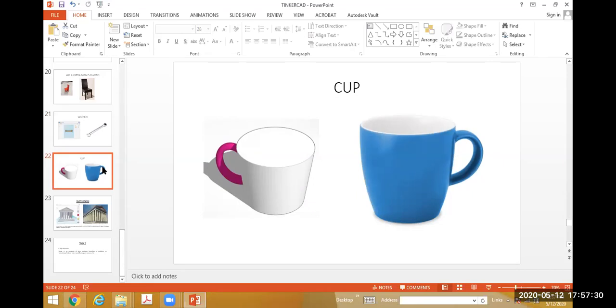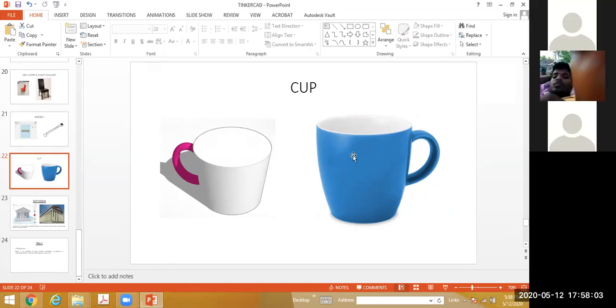Actually this is an interesting object. This is the design of a cup. So you can create the cup with the help of, so I will give you the clue. The clue is there is an option called a paraboloid. Okay, so you just note it. With the help of this paraboloid, first you have to create the body, then there is another option that is called a torus. With the help of torus you can fix the handle here. Okay, I think it's actually very simple.